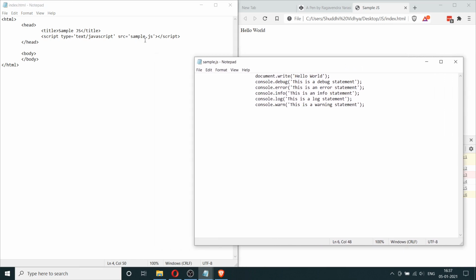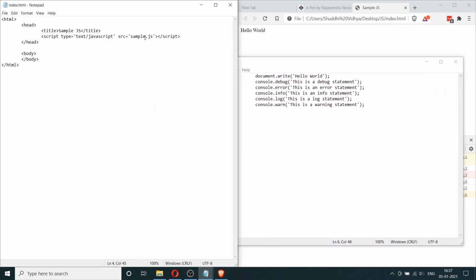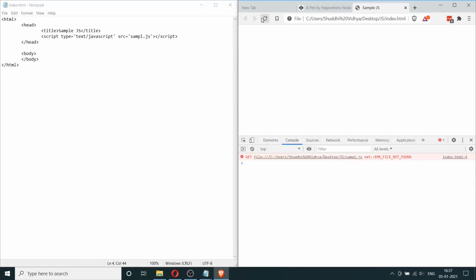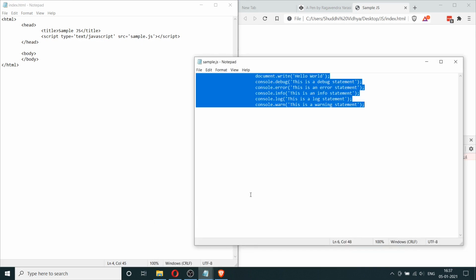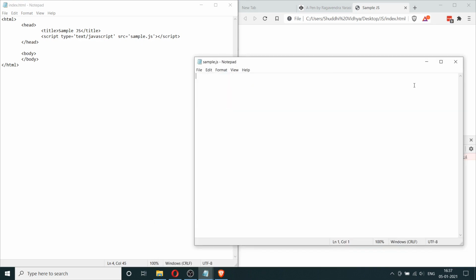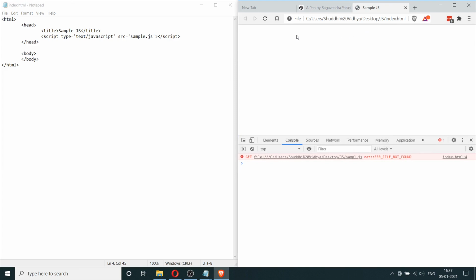Now if you just want to test if it's still working without the file, you simply do this and save it. If you rename the file to a non-existing name and save it and refresh it now, it will show that error, file not found. One other way to test it is you go to the actual file and you delete all the commands and save it, and now if you refresh it, it won't show you anything.